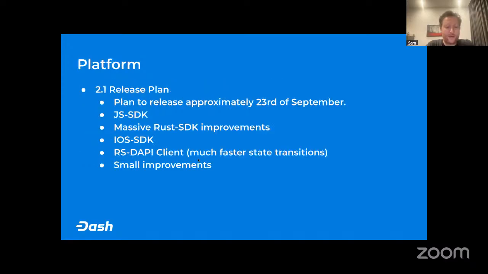Okay, let's go on. So what is our release plan for 2.1? We plan to release approximately the 23rd of September, which is on Tuesday. Included in the release will be the JS SDK, massive Rust SDK improvements, the iOS SDK, and the RS DAPI client, basically that much faster state transitions. So when you send out,